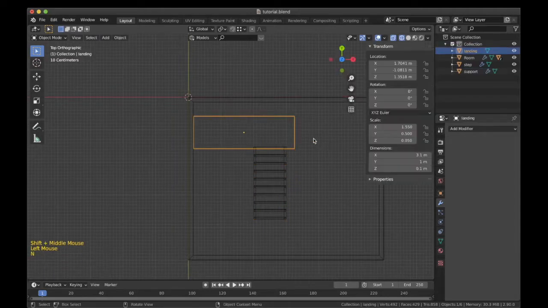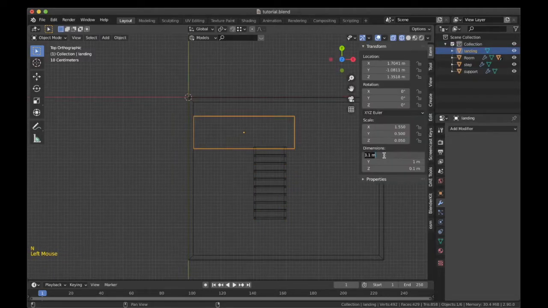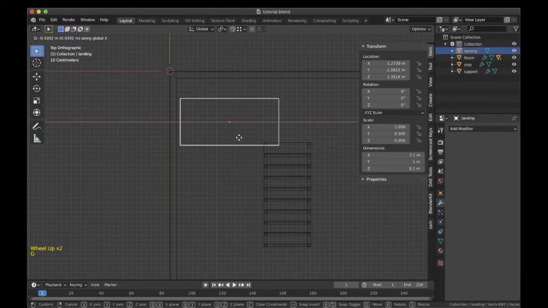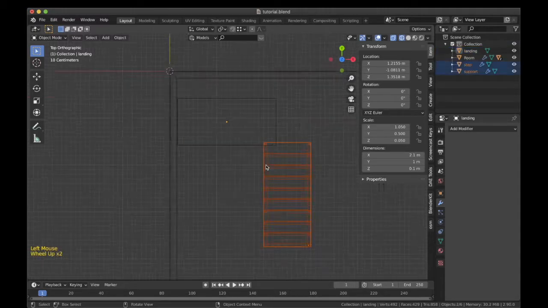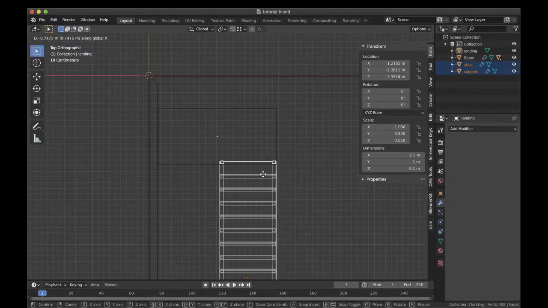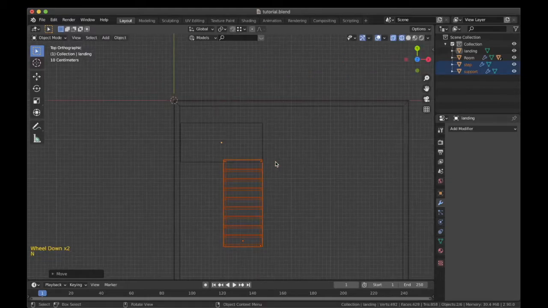Now I can again change the dimensions to, this time because it is 1 meter on one side, 2 meter and then 2.1 meter roughly. Sorry if I'm being a bit too precise about the measurements. This is what architecture does to us in the long run. Yeah, this looks fine for now.